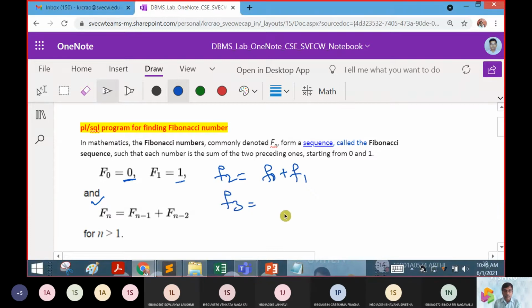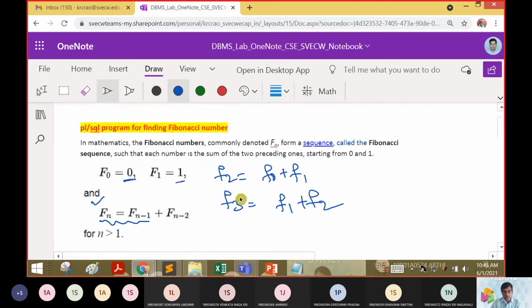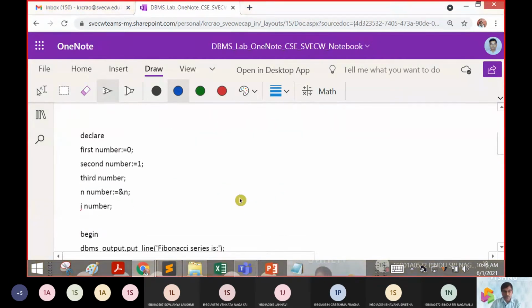Similarly, if I want to compute f3, it is going to be f1 plus f2. That is the reason why we mention it as fn equals fn minus 1 plus fn minus 2. So how can I make this in PL/SQL?